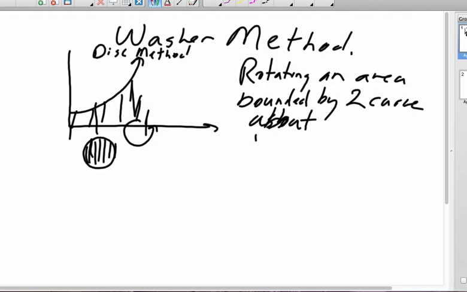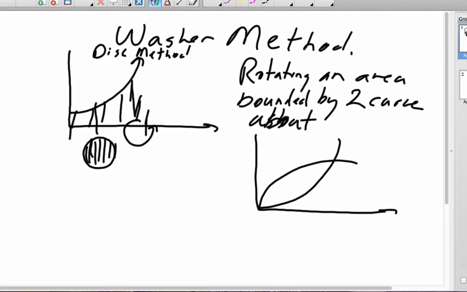Because you're going to have something which looks like this. There's one curve, there's another curve, and here's the solid, rotating about the x-axis. If we take a slice through this, what you'll notice is that this part of it gives me my solid, which is the volume. This part here